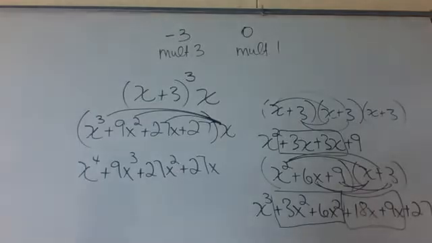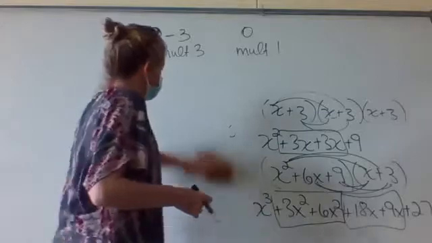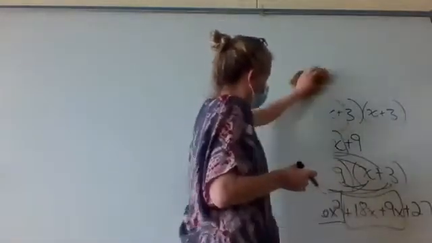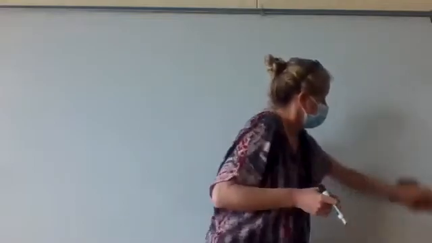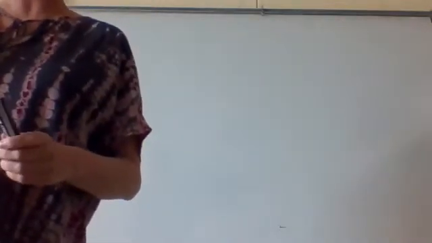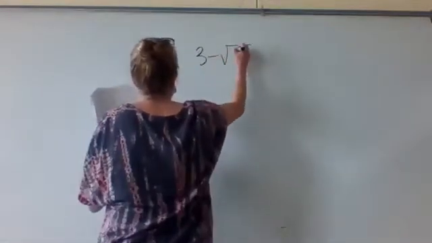Number 12. Now, on number 12, this is going to go with the knowledge that if one of your zeros is a square root or an i, those zeros come in conjugate pair factors, which means if you have a zero that is a square root or an i, the opposite of it is automatically also a zero. So on number 12, if it tells you that negative i is a 0 and so is 3 minus the square root of 5,